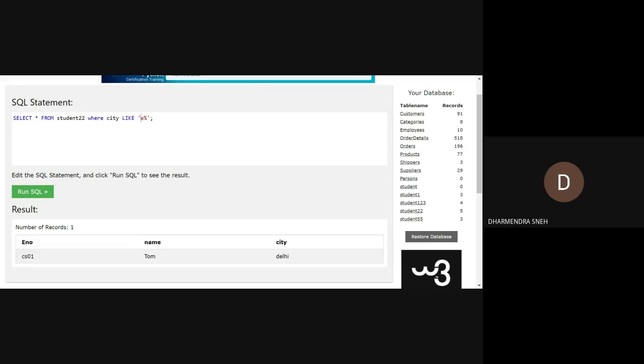Like E percentage and percentage I. So that means the name starting with E and ending with I. No, not AND.